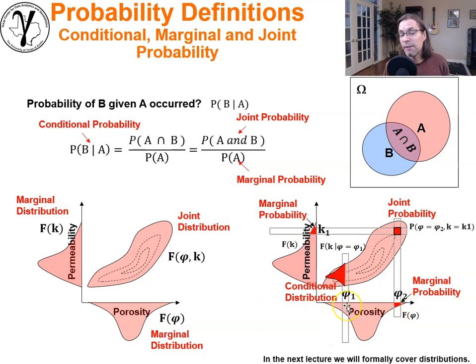Now, if I was to define a condition, given porosity from here to here, I could go to this point cloud and look at all the permeability values that meet that criteria, and I could build a distribution right there. That would be a conditional distribution. And if I was to say, okay, give me a probability of being from here to here, that could be a conditional probability. I've shrunk my universe to that porosity constraint, and now I get a conditional probability of permeability given that porosity constraint. Okay, don't worry, we're going to reinforce this with some really nice practical examples.